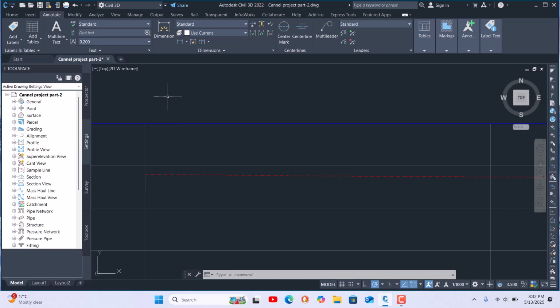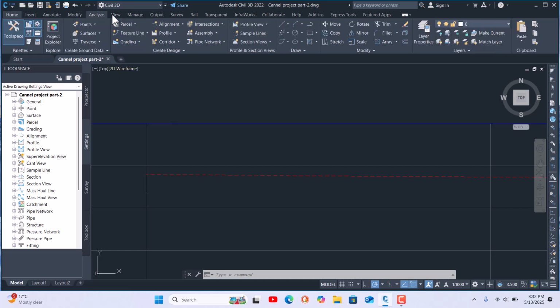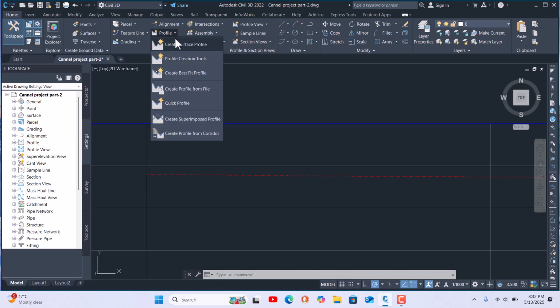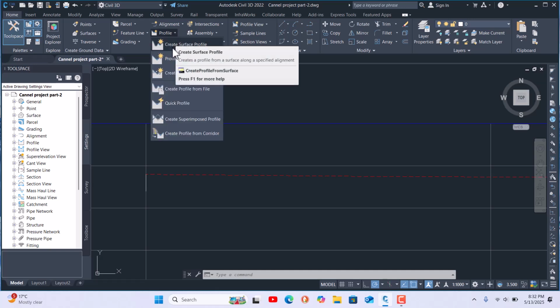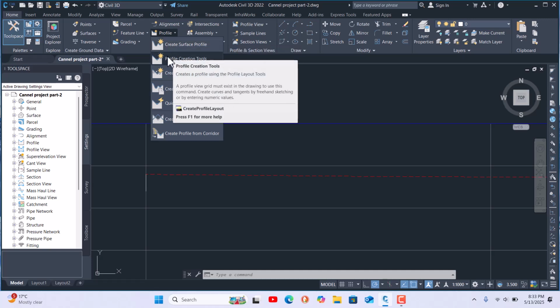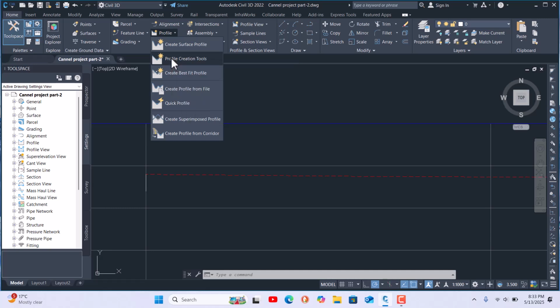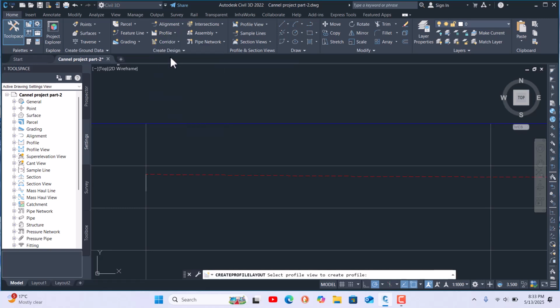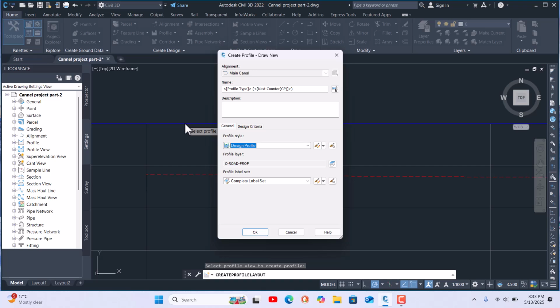Then you come to the Home tab, Profile is here, then say create surface profile, or the profile creation tools. Just click here once. Then it's asking for the profile view, so we select anywhere in the profile.